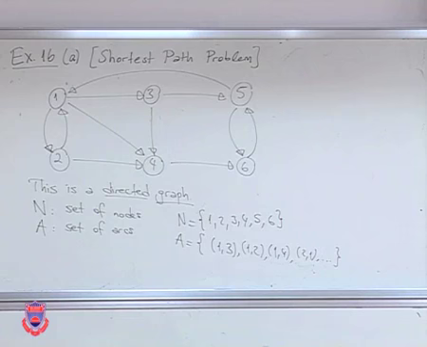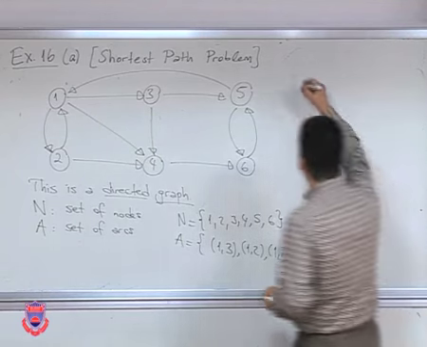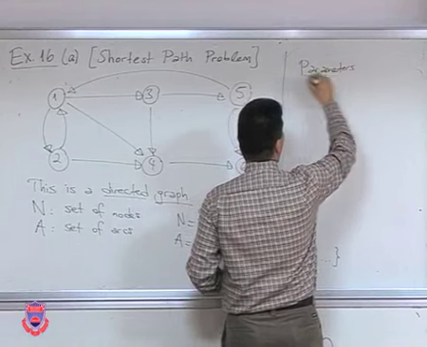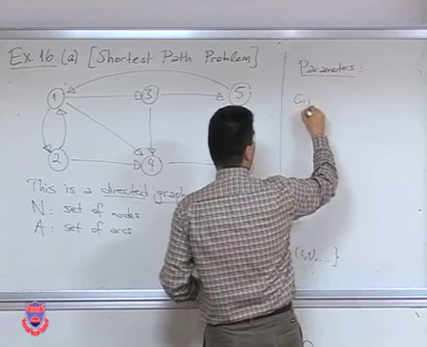All right, so what are we trying to do? Well, we have certain parameters of the problem. I'm going to denote by Cij